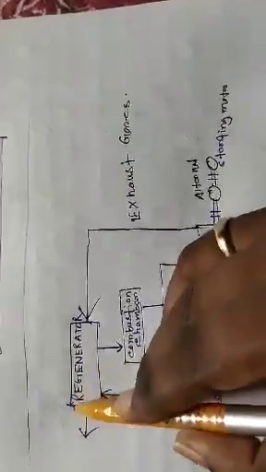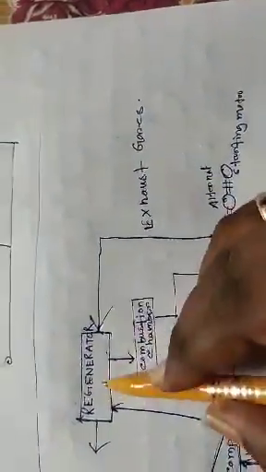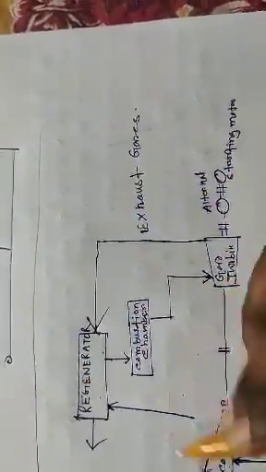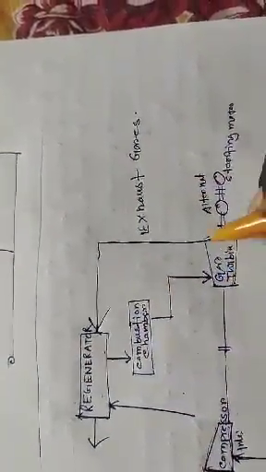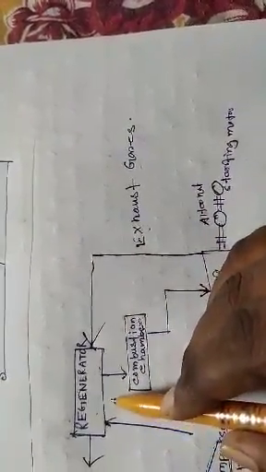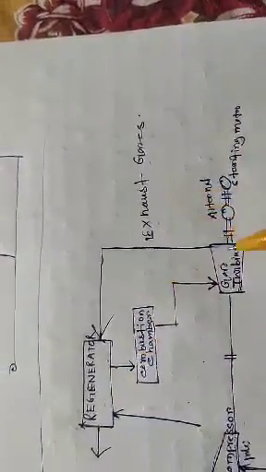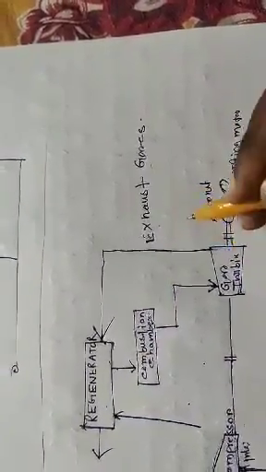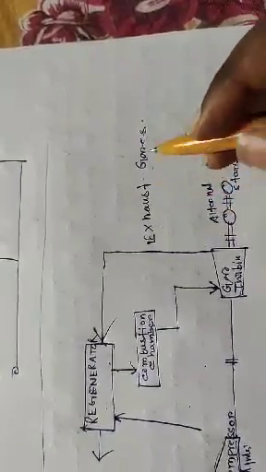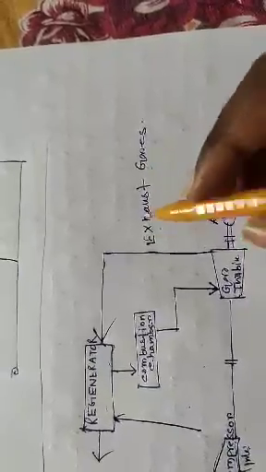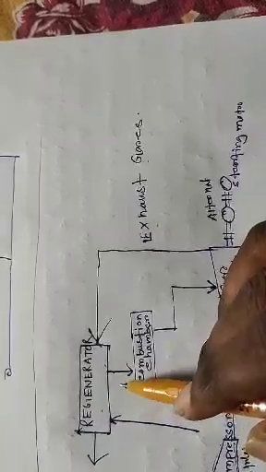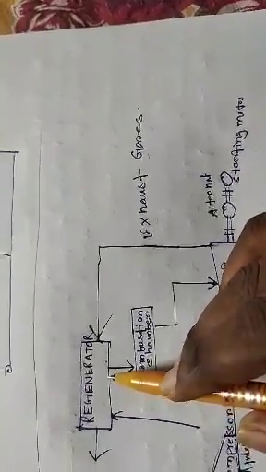Then we will see the working principle of regenerator. There is always some heat present in the exhaust gases in a gas turbine power plant. This is the gas turbine power plant layout. The gas turbine outlet gas, which is called exhaust gas, enters the regenerator. So there is always some heat present in the exhaust gas in a gas turbine plant.